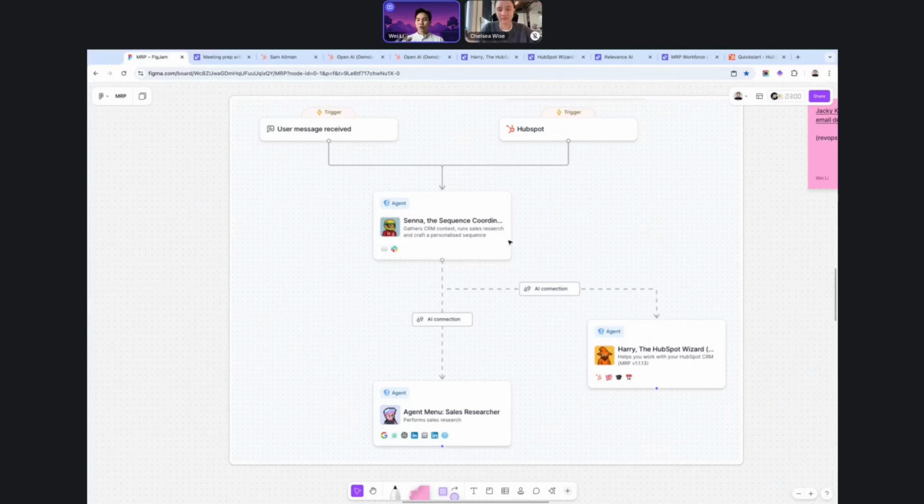He's supposed to do the research around our prospects. He's tasked to figure out context about our CRM and the latest deals. And the final output it's supposed to produce is a personalized email thread so that we can send a sequence. The way we do that is that we've got 3 agents working together, and Harry's part of that because we need information from the CRM.